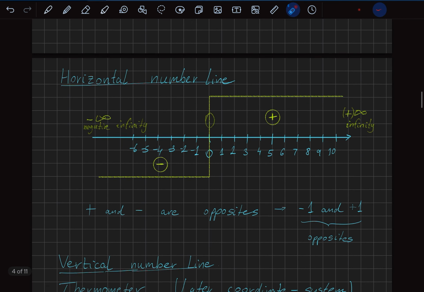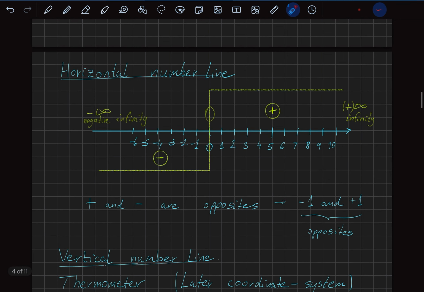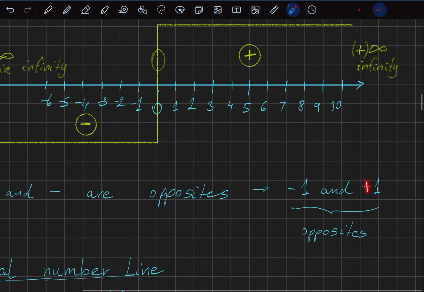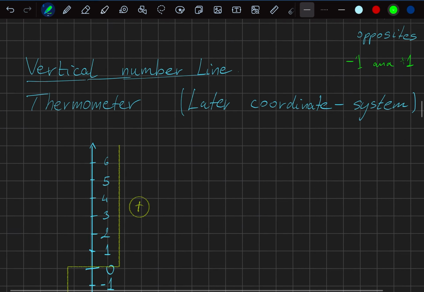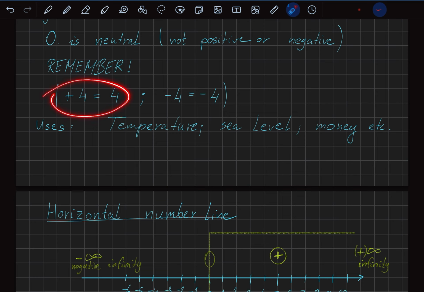Plus and minus are opposites. Yes, right. You can find many problems like "write down these numbers' opposite." Again, here you can see I just wrote the plus with a dot, because if you just write minus 1 and 1, it's also correct. Okay, so this plus sign is just a little extra information, because we just can use this little